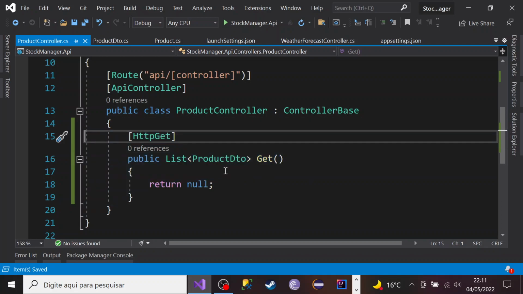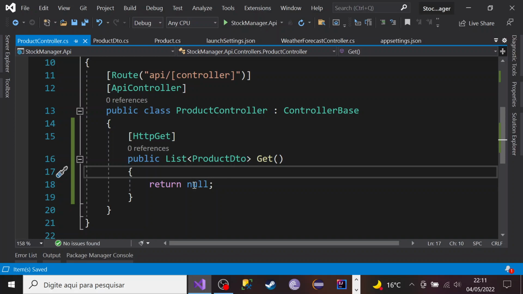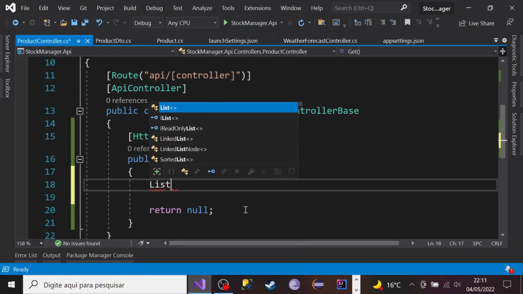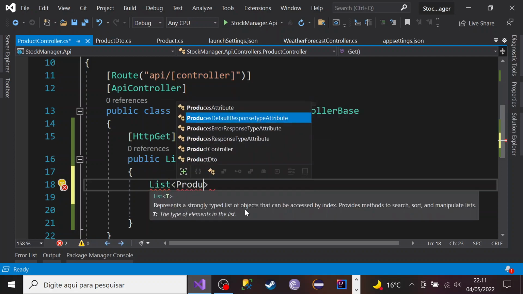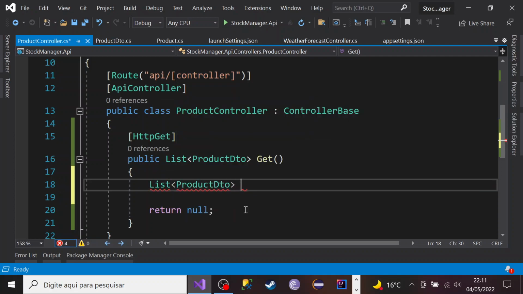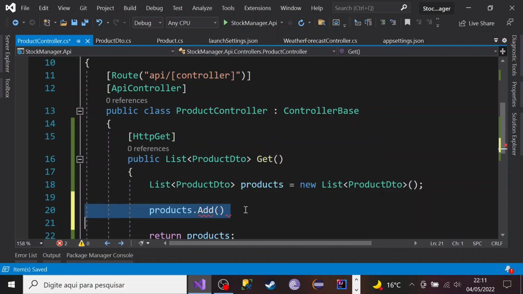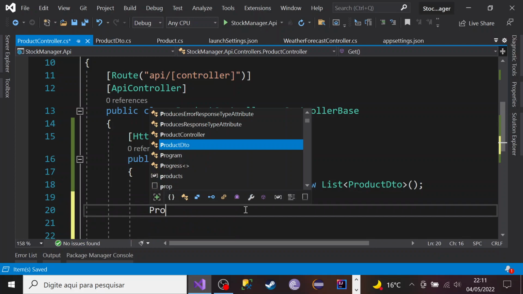So to test this, I created some products to simplify things. Let's create a list of product, and I call it products, instantiating my collection, and we return this collection, products. So let's create some products. So add, and we have the new. I think before, creating a product object. Okay, so my product